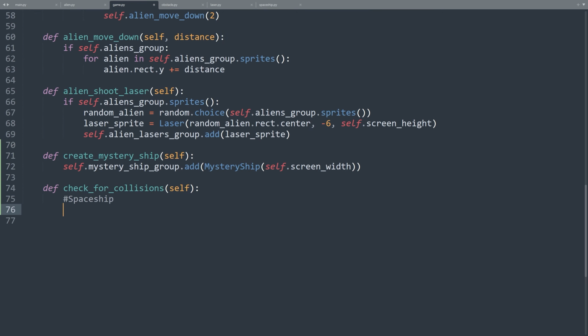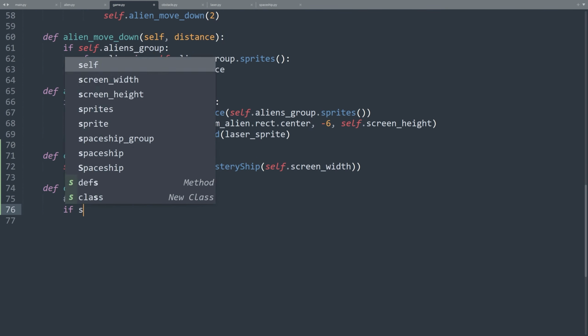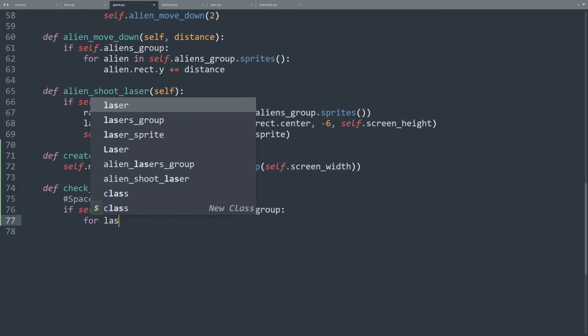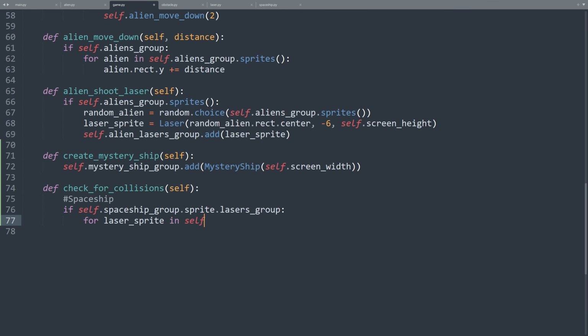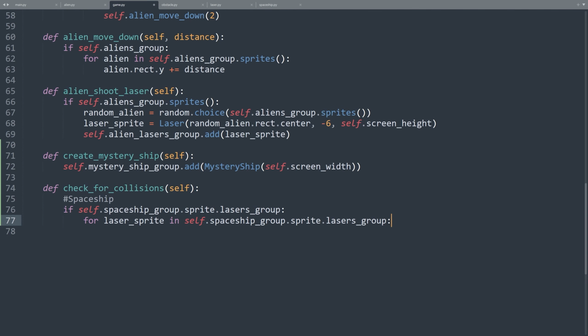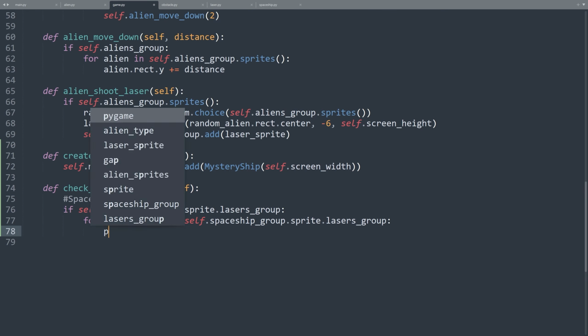First of all, let's check if there are any visible spaceship lasers on the screen. If self.spaceship_group.sprite.lasers_group: if that's the case, for every laser visible, for laser_sprite in self.spaceship_group.sprite.lasers_group: check if it collides with any of the sprites of the alien group.